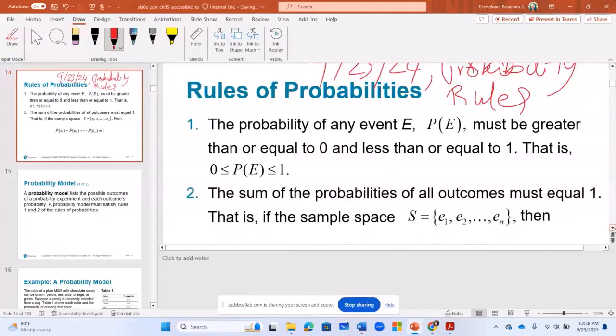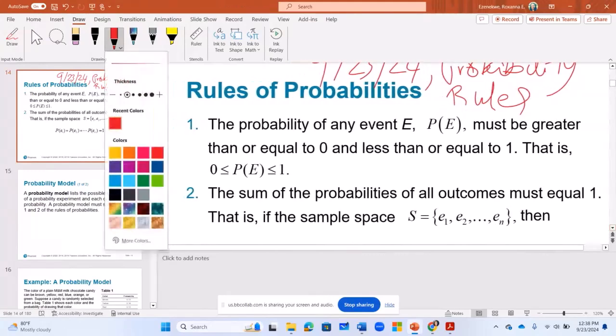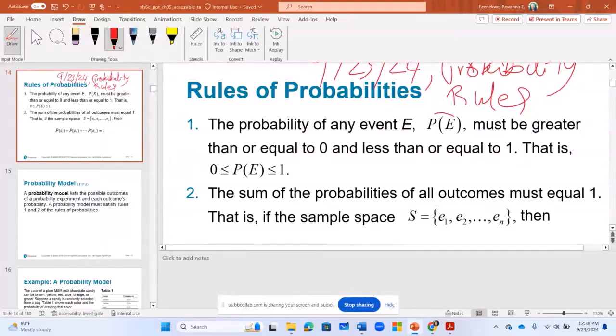Probability of an event E, P(E). An event can be labeled anything. Suppose I'm throwing a die. There are 6 faces on a fair die. If I throw 1, I can call it probability of event E. If I throw 2, probability of event B, whatever I call it. But anyway, the probability of E is